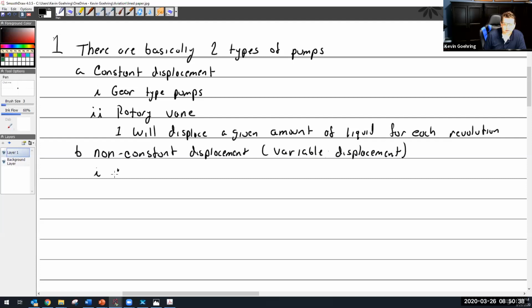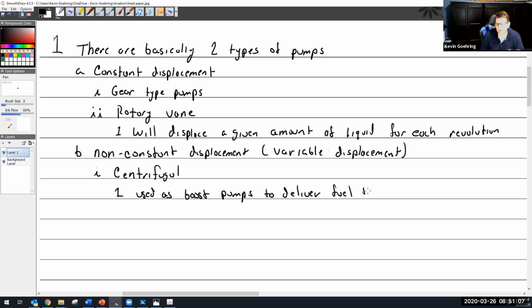Well, the one that comes to mind right away is when we talk about fuel, especially centrifugal. Centrifugal pumps are used as boost pumps to deliver fuel to the engine-driven pump. Engine-driven pump. The engine-driven pump